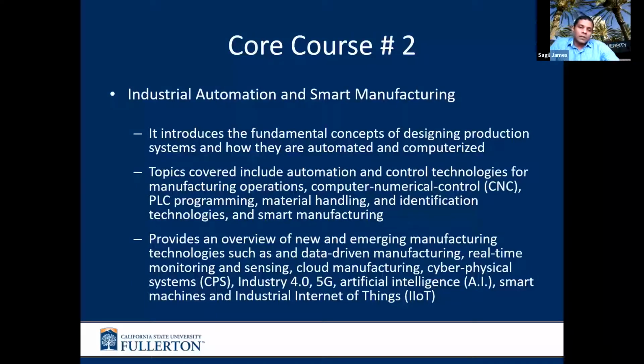The second part of the second course is industrial automation and smart manufacturing. As some of you are familiar with the smart technologies, we are hearing about this every day. The smart technologies I'm talking about here are internet-based technologies, automation, extreme robotics, and all those kinds of technologies which are slowly coming into the